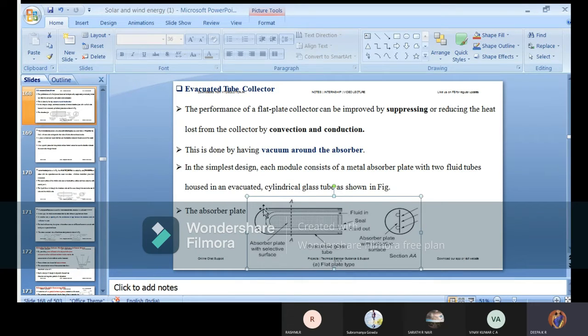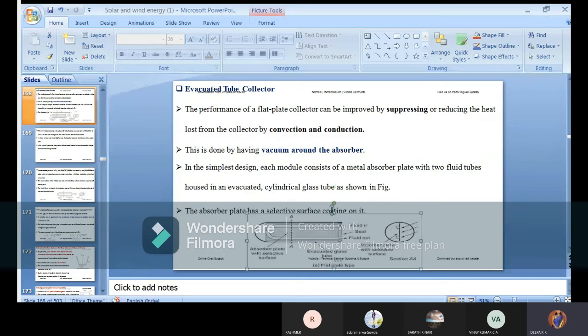Okay, we'll see what it is. Before that, first write down this diagram, then we will go with each point. What is this evacuated type? We're going to explain point by point. First, copy down this diagram. Then we'll go with the statement, what it is exactly and how it works.